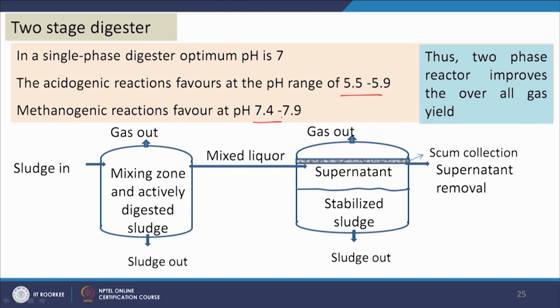7 or 7.2. So, that is why in this case, in the first step, biogas is produced in the acetogenic phase, and then the liquor is sent into the second stage. In the second stage the methanogenic reaction takes place and we get biogas from both cases, and it is collected and used, and sludge is generated in both the